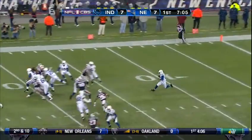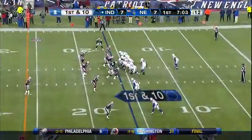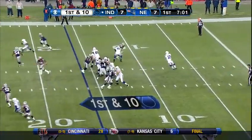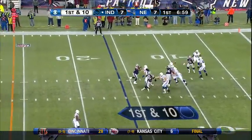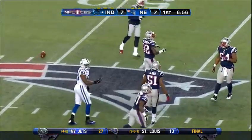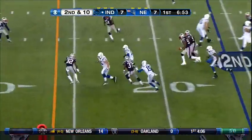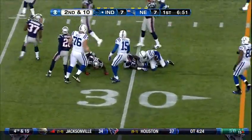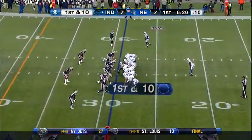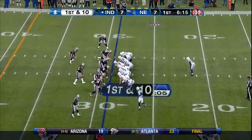Zipkowski this time will get a chance to run one out, but not for very far. It's about speed. They have a lot of it on their side. From the 16, good fake. Luck with time. Works the middle, and McCourty almost had a play on the pick. What he did on that last long throw. And 2nd and 10. Hilton out to the 29. A good-looking rookie out of Florida International. And Hilton is fast. In fact, this whole fleet of receivers, you could say that. Wayne, of course, a little